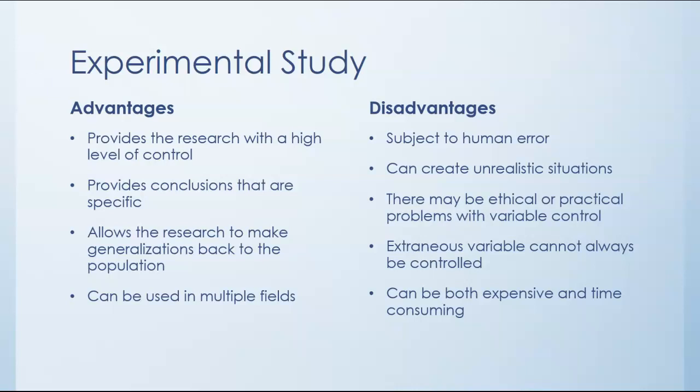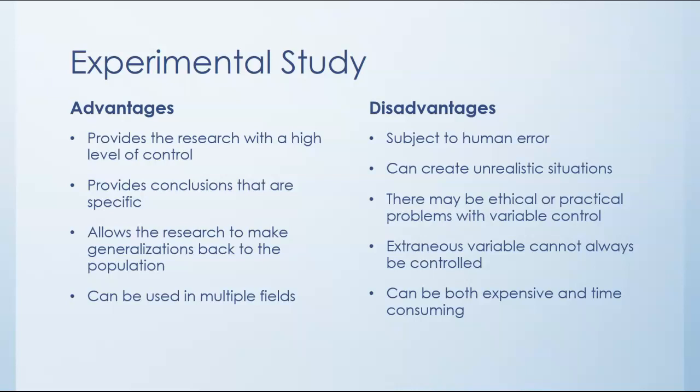So this is our experimental study, just again, a little bit of information about how we look at those. We have a lot of different types of experimental studies. We have what we call a quasi-experimental study, which accounts for not having that random assignment. So when you do an experimental study, one of the biggest things is that the assignment to the groups has to be random. But a lot of times that's not feasible. So we have what we call a quasi-experimental study, where you're not really assigning the participants randomly. Maybe that's one of the biggest ones we use in education, is a quasi-experimental.